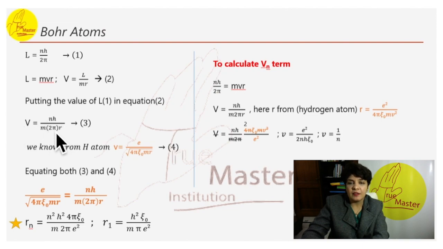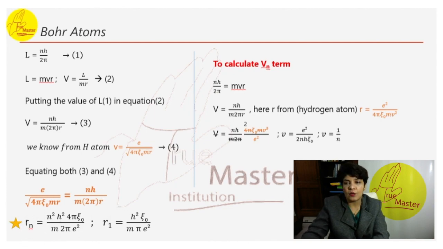So if we equate this equation and this equation of v for hydrogen atom, we have two equations of v. If we equate these two together, we get the value for rn. Okay, bringing r on one side in this equation, we get r will be equal to this formula. So for hydrogen, if we consider n as 1, then we can say h square epsilon naught by m pi e square. To calculate vn, we have calculated here rn.